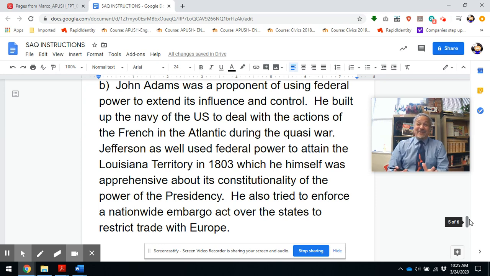I don't know if this is constitutional or not. Do I have the authority to do this? It's too much of a good deal. It's like, oh my God, 3 cents an acre, so $15 million, come on. So he's telling James Monroe, yeah, seal the deal. I don't know if this might have to go to the courts or something. Maybe we can amend the Constitution. But anyway, and also too,